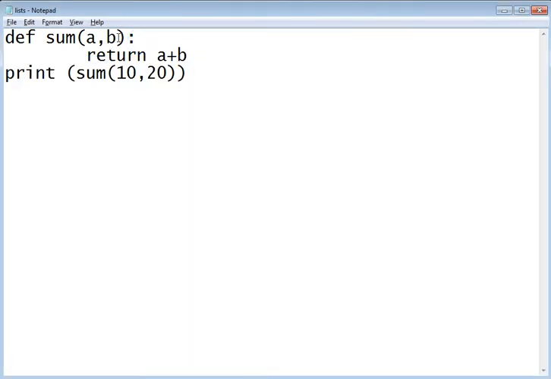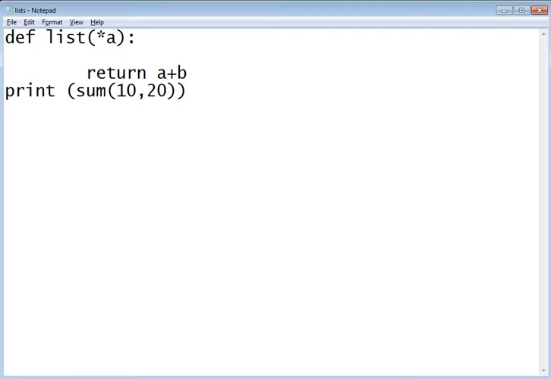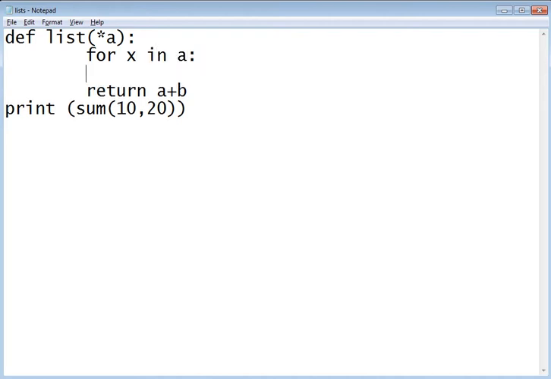If we have multiple values, for example, we have a list, right? And we have a pointer a, which points to some data. Then we will use for x in a, colon again, right?